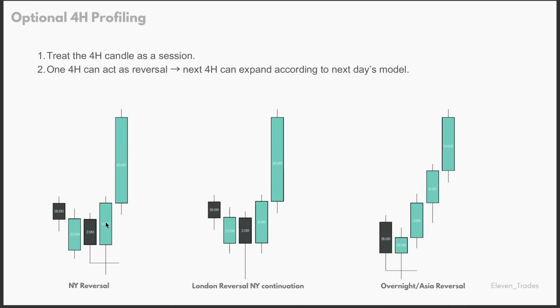Inside the 6 AM 4-hour candle, which is 5 AM on the forex, you can also use 17, 21, 1 AM, and 5 AM, which are weighted for the forex. You can check my video for that. Now we have two major news inside the 6 AM candle. If we are trading the